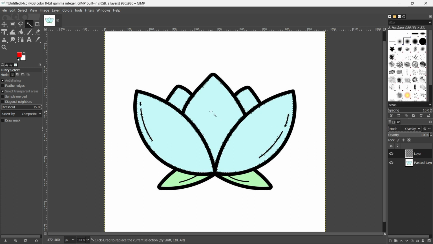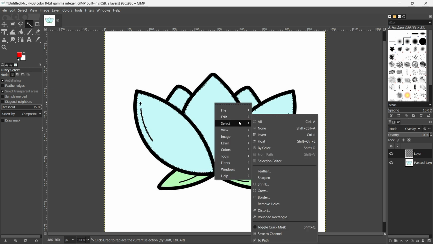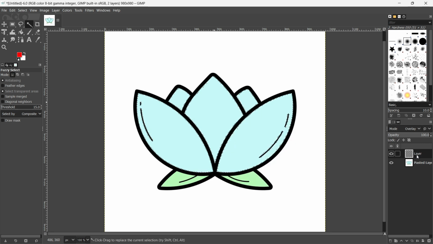Now, in case you have selected your image with a lasso tool and not just like I did it, you can do this as follows, okay? You can right click and then click select and then click from path, okay? And if you click on from path, you can basically get the selection onto your layer, okay? But in this case, since I haven't selected the path from the lasso tool, I can simply just use the selection that's been made already, okay? Just make sure you have this layer selected,